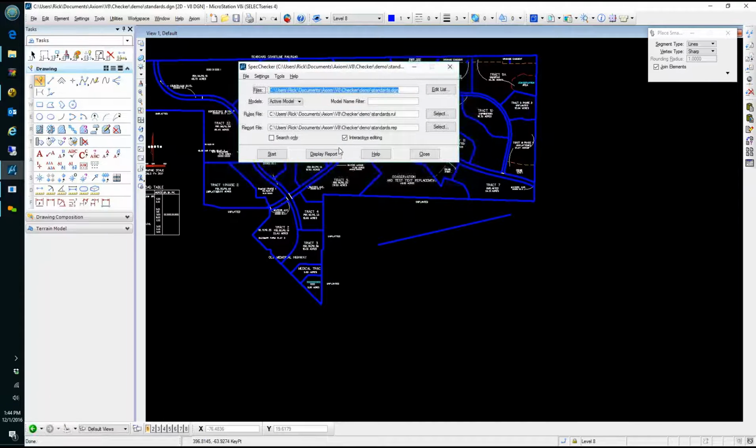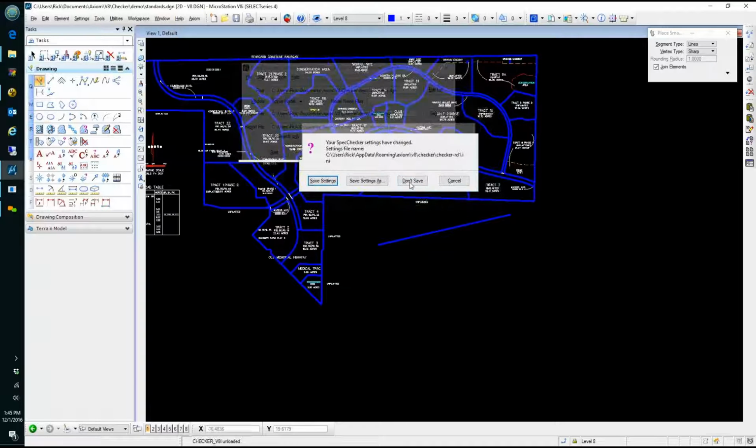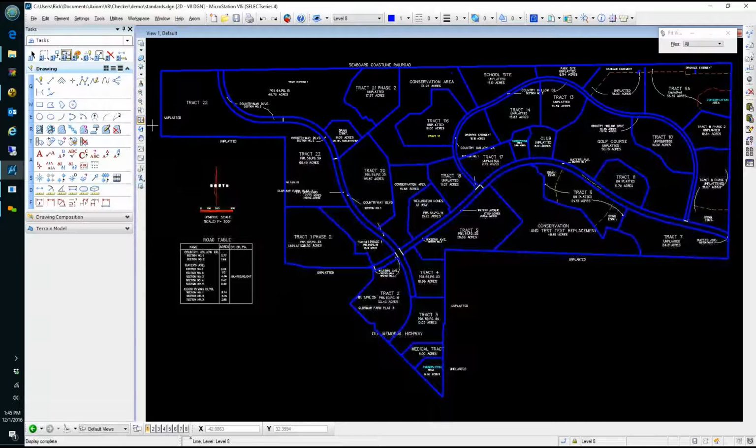let's say what I wanted to do was maybe change the font in a file, or find everything that's on a particular level and change it to another level, okay? You can very, very easily do that using a quick rule that you create, okay? And again, I want to show you how simple this is. I know there is a little learning, and there's a user's manual that comes with it, but if I wanted